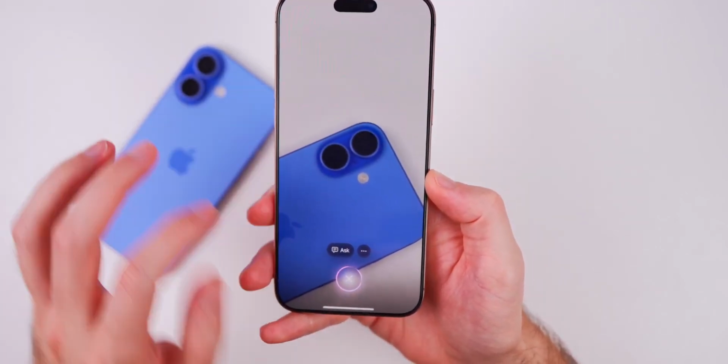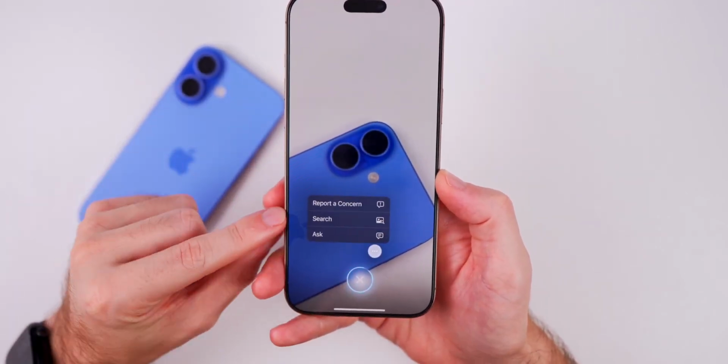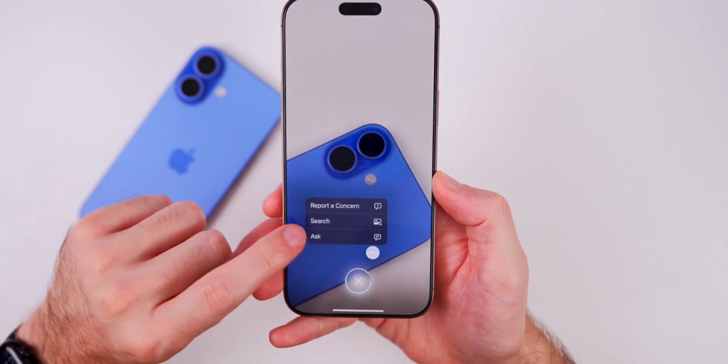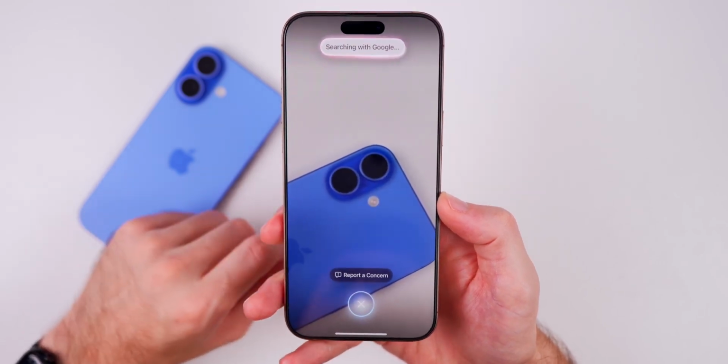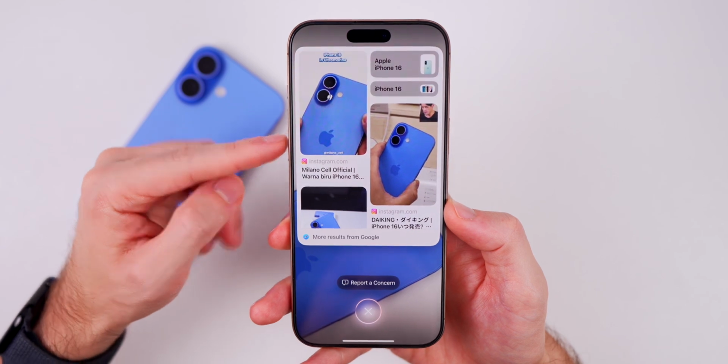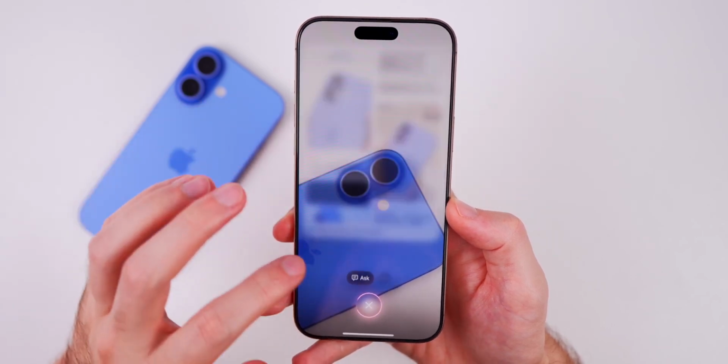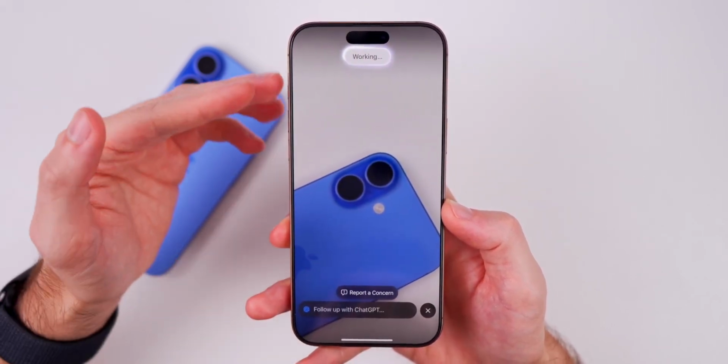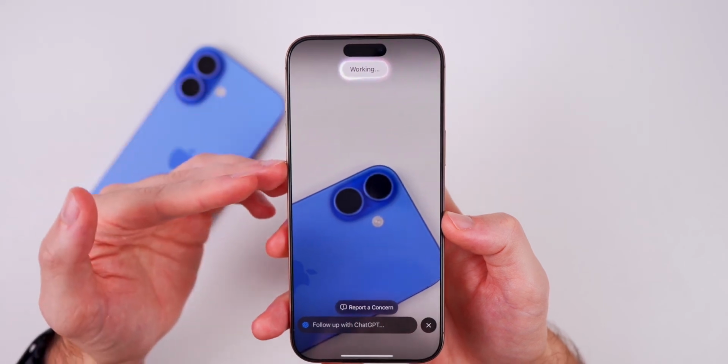And then you'll get the option to either ask, or if you tap on these three dots, that's where you can search Google for it as well. So if I go ahead and search, for example, it will show me that this is the iPhone 16. It even shows the color right there. And if I go out of that and go to ask, it will use ChatGPT to describe what the camera